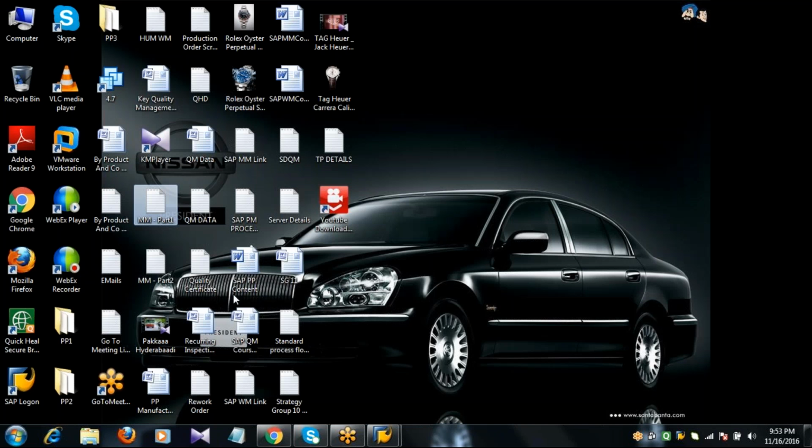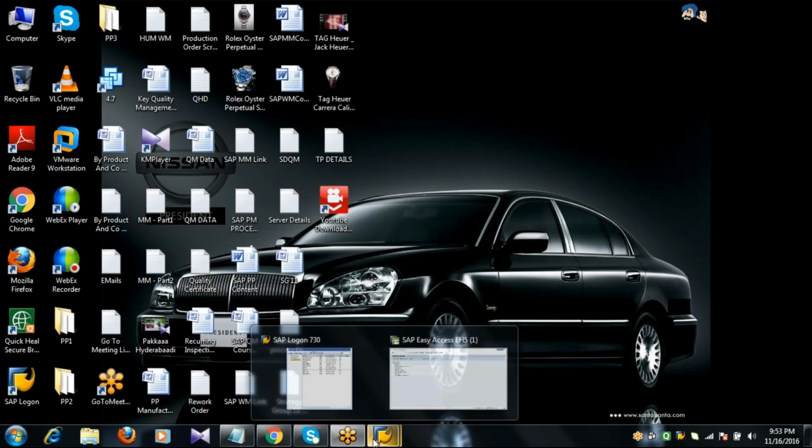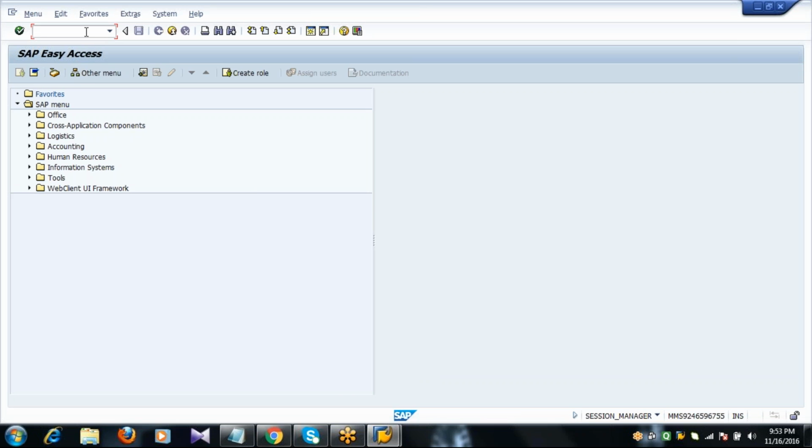Now the next topic is master data. Now what is this master data? For example, I want to create a purchase order. So what is the basic content of the purchase order? It contains the material information, the material you are going to purchase, the quantity, how much quantity, price, what is the price, delivery date, delivery address, and the supplier information. So this is the information we maintain in the purchase order.